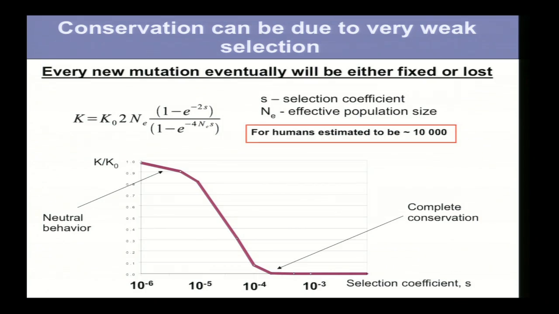So this is probability of fixation in the lineage as a function of selection coefficient. So if the selection coefficient in the human lineage is stronger than 10 minus 3, 10 minus 4, it means that of 10,000 progeny, I have 9,999 if I have this mutation. This is nothing of interest to a medical doctor, but this selection is strong enough to keep the variant completely conserved. Right? So I may have a variant completely conserved, while the selection force is very weak. And this dependence is exponential, and I can add more species in the tree. This is a linear effect, so I may not beat it.